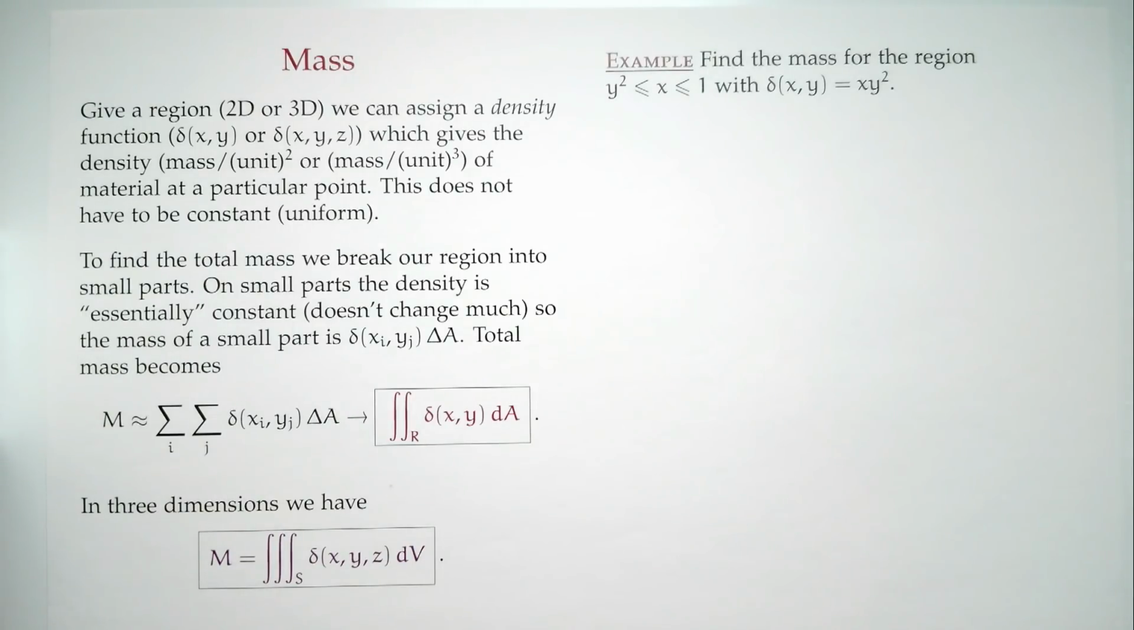So let's start with an example. Find the mass for the following region: y squared is less than or equal to x, and that's less than or equal to 1. And the density is x times y squared. All right, well,